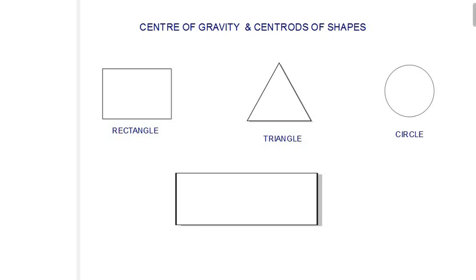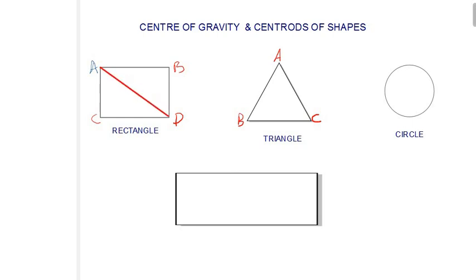For the rectangle, we refer to the first point here as A, then B, then C, and this is our point D. If we draw a line from point A to point D,